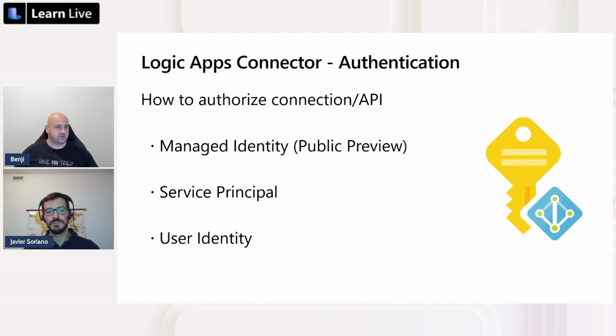Second will be service principal, where you actually need to control the secrets for that service principal and store them in Azure Key Vault for safekeeping. But you can utilize it among many Logic Apps. But also when you remove the permissions or anything, it will affect many Logic Apps. And with user identity, the user needs to have the permissions all the time. So if you are utilizing PIM, privileged identity management, you will have issues: when you don't have PIM enabled, you are not permanently permitted, and the playbook will not have permissions to run. So that's why we are sticking with managed identity and always suggesting it.